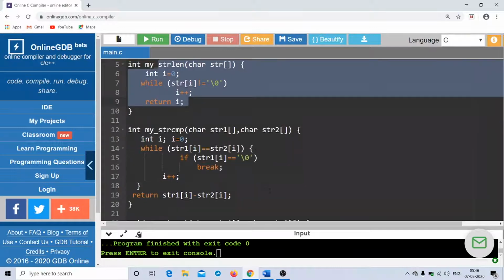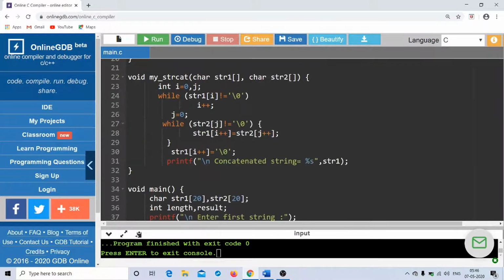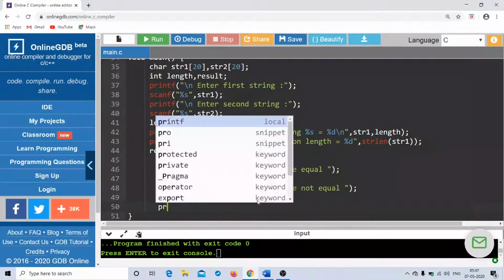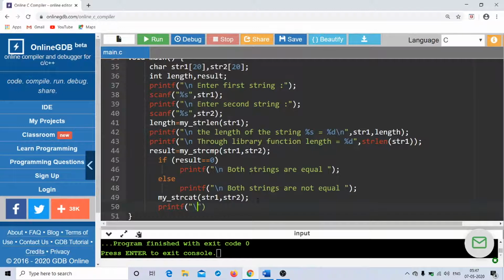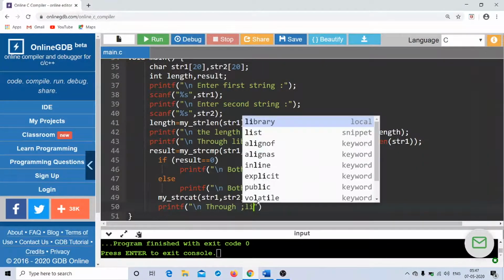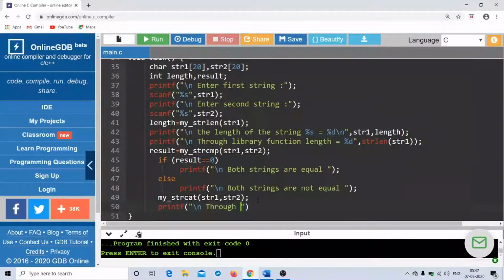Similarly, you know that you have library functions even to compare two strings and also concatenate two strings, right? So what I'll do is, let me also develop a program for concatenation with the help of library function, and I say printf \n, and I'll use the same statement through library function.